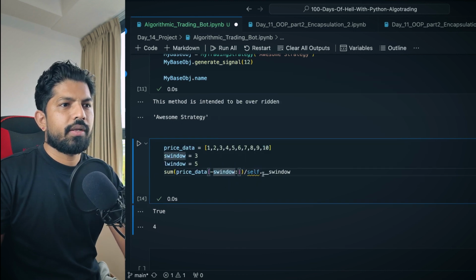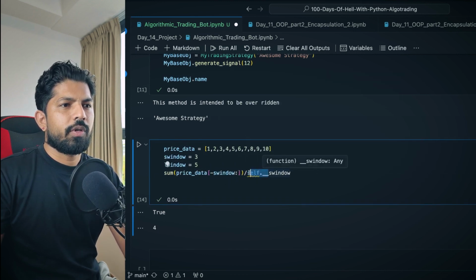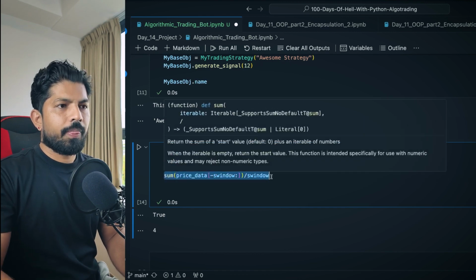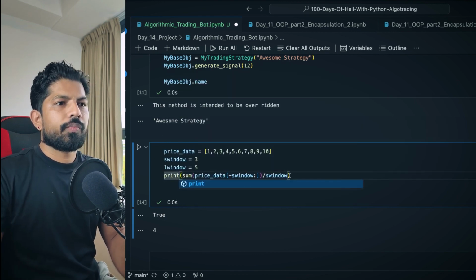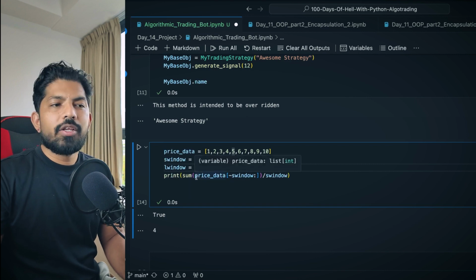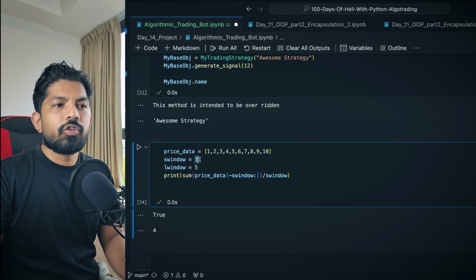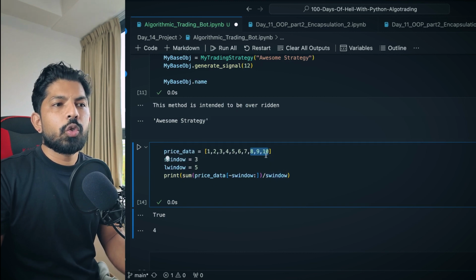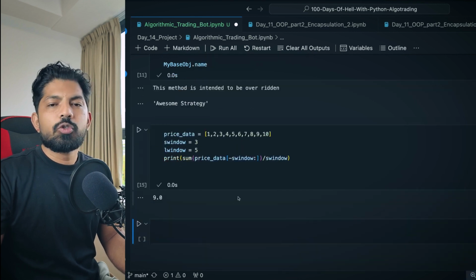This is the average of the short window. How? Because this is a list, and it starts from the S window, which we have given as 3. So it will start from here: 8, 9, 10. It will do the sum of 8, 9, 10, then divide by 3. So 10 plus 9 is 19, plus 8 is 27. Divided by 3 will be 9. So when I hit shift enter, it gives me 9.